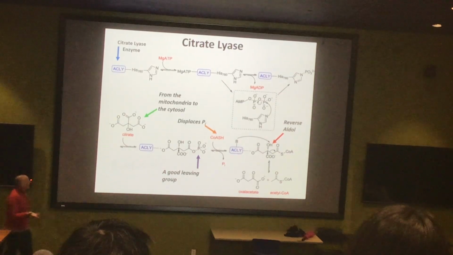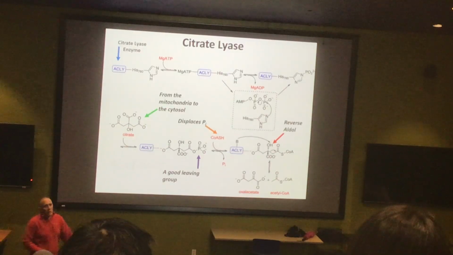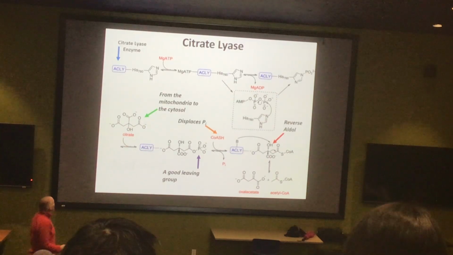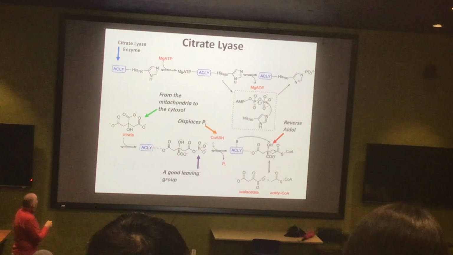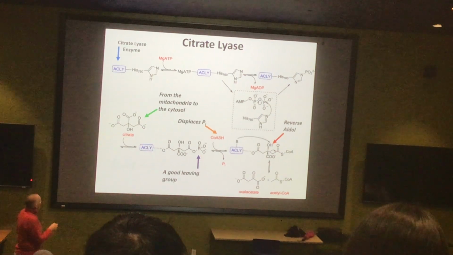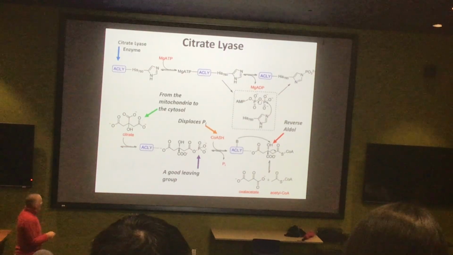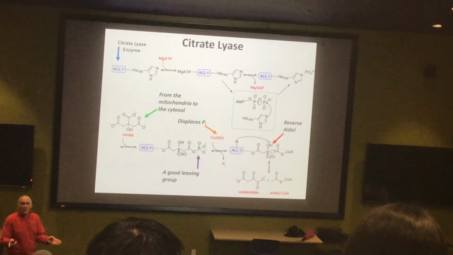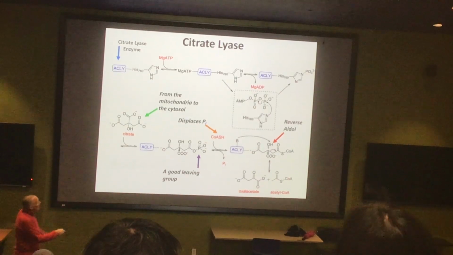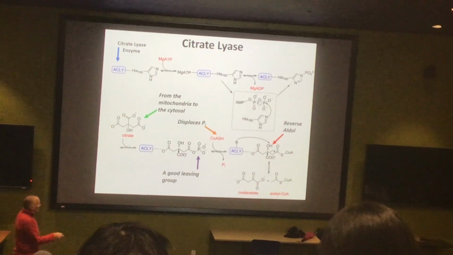In terms of the citrate lyase, the reason for the ATP has absolutely nothing whatsoever to do with the lyase reaction and everything to do with the fact that you just can't add a CoA to things. So here's the citrate, ACLY, this kind of represents the whole enzyme. What we're actually going to do is just add a phosphate group to that as the leaving group, and then the CoA can come and displace that. So in terms of energy usage, it turns out that the lyase step is just a reverse aldol reaction. You can see it happening here. That's what's breaking it back into oxaloacetate and acetyl-CoA.